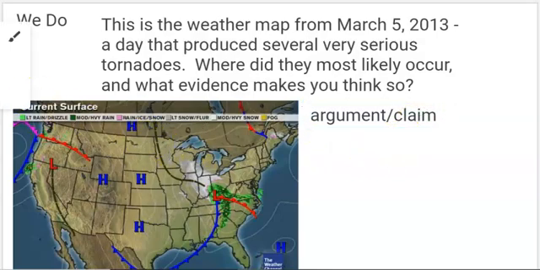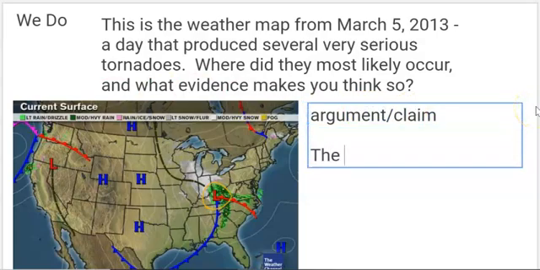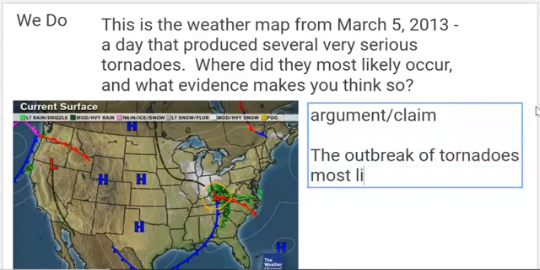So if you remember from our info about tornadoes, tornadoes tend to form where a warm front and a cold front hook together. And most of the time where they hook together, there's also an area of low pressure. And that gives you a lot of the ingredients that go into making a tornado. So my argument or claim would be that the outbreak of tornadoes most likely occurred